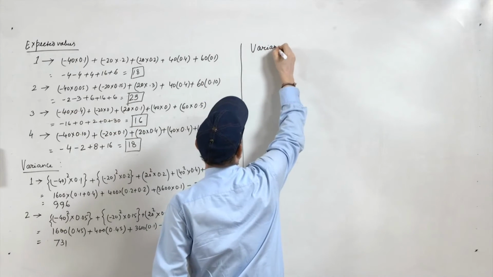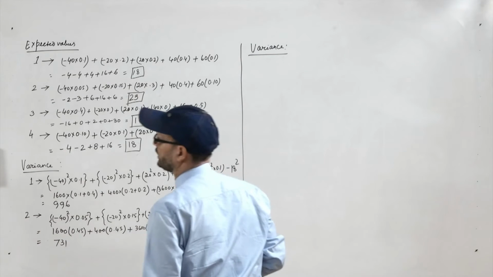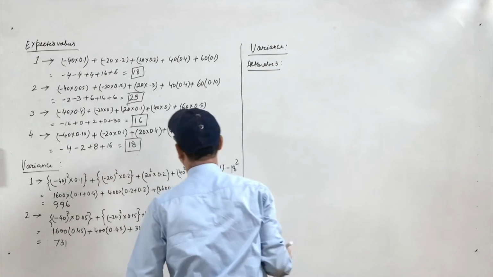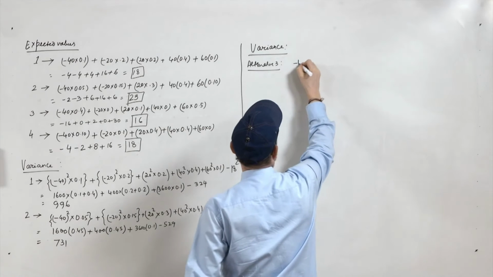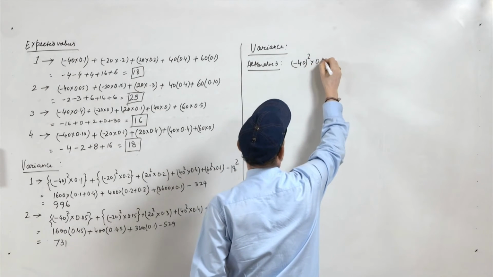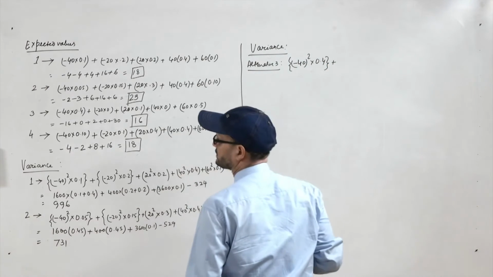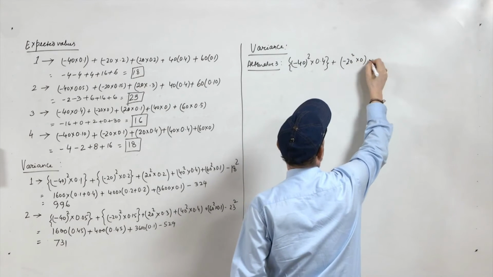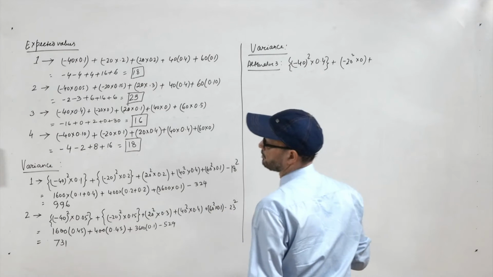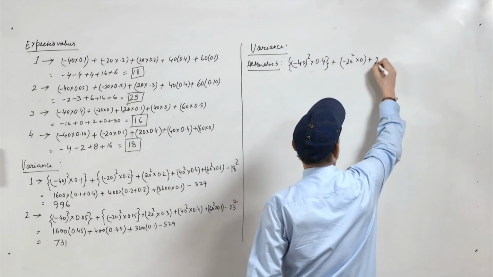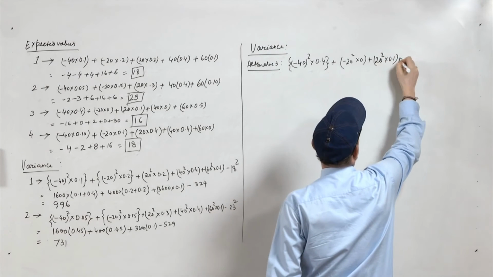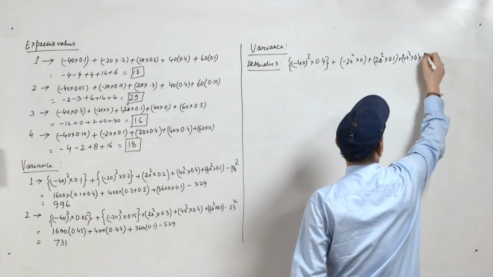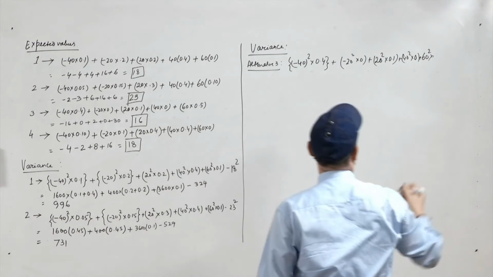Variance for alternative 3 will be minus 40 square into 0.4, plus minus 20 square multiplied by 0, plus 20 square multiplied by 0.1, plus 40 square multiplied by 0, plus 60 square multiplied by 0.5,